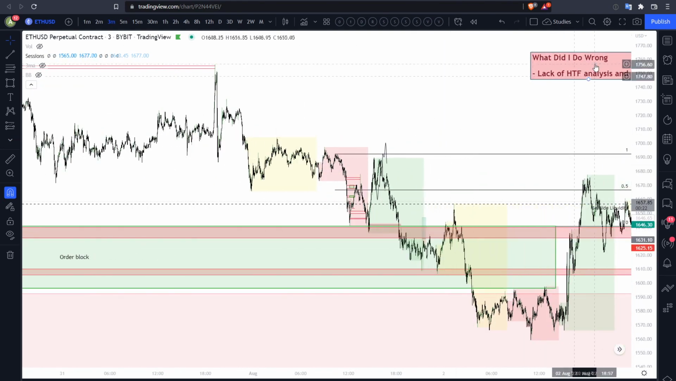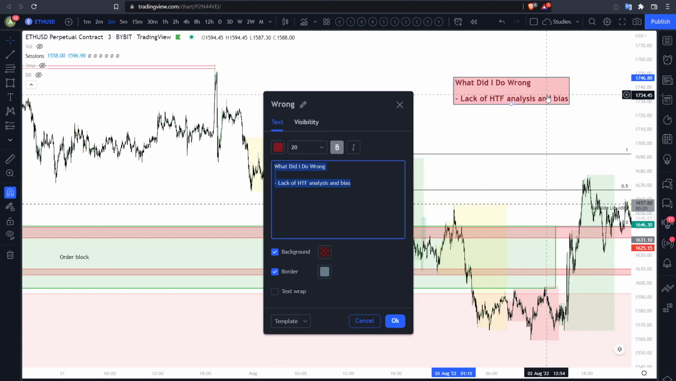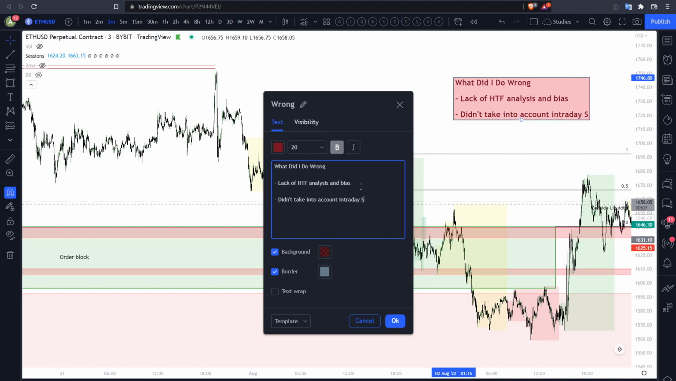So where is my note? Lack of HTF analysis and bias. Didn't take into account intraday sessions. And the third thing,